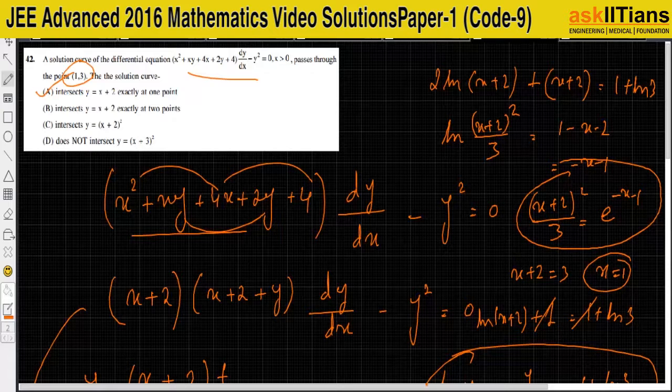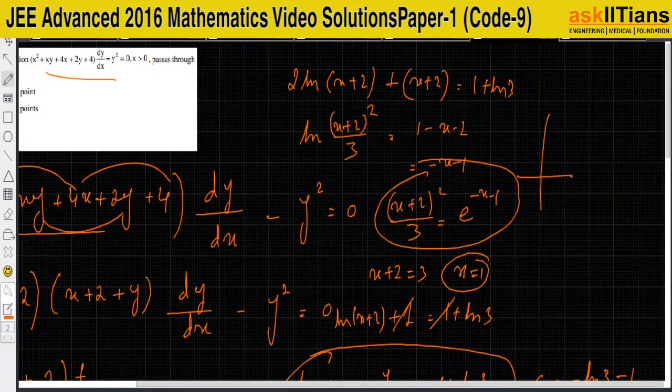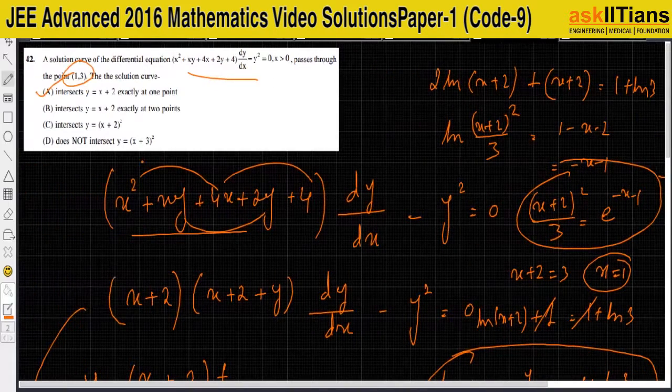So now if I see the graph of these two functions, x plus 2 whole square divided by 3, that will be something like this, and the other graph will be something like this. So there is no intersection point. Alright, so if there is no intersection point, this will not intersect, and last option is does not intersect